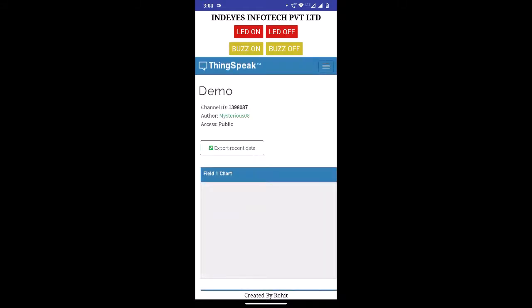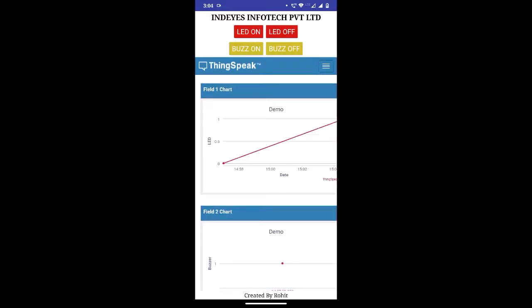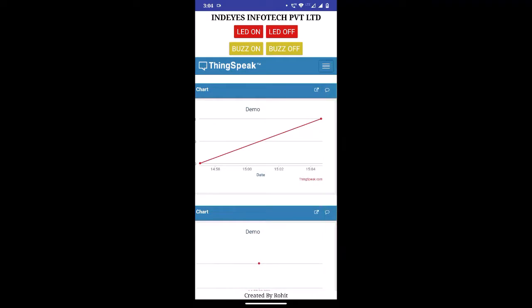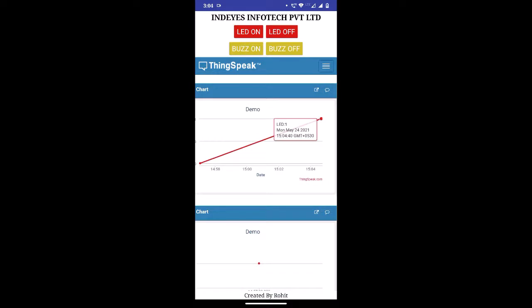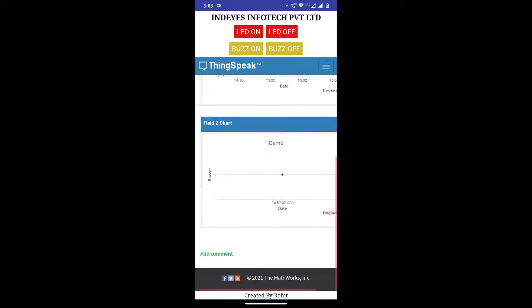If I back press, look, it added a value 1 at 3 p.m. And if I click, because the buzzer has one value, we can add one again also, but I am just turning it off.